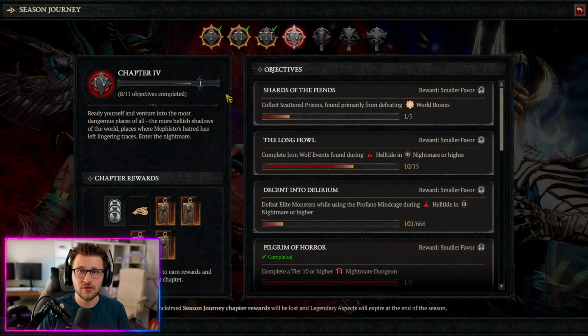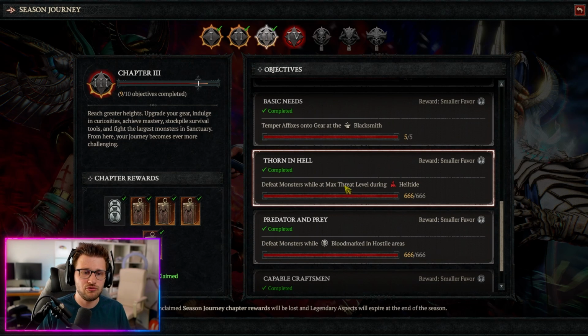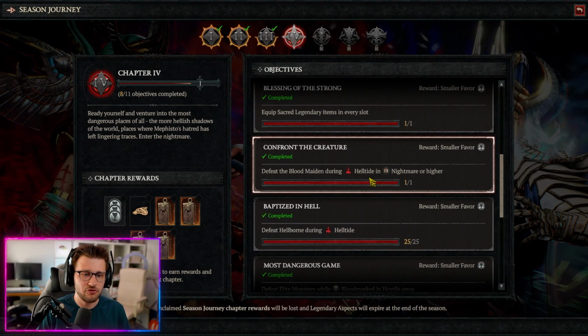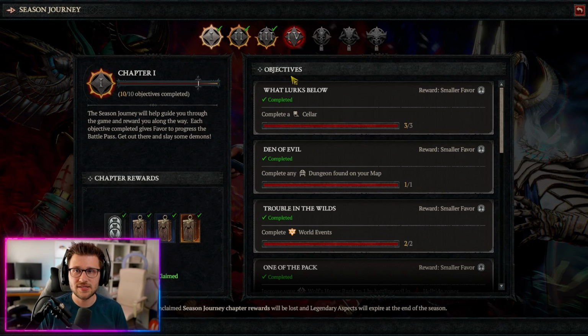But you want to pay attention because there are a lot of seasonal challenges. For instance, like this one in level 3, where it actually tells you to defeat monsters while at max threat level during your Helltide. There's one of these challenges in Season Journey 3, and there's also one in Season Journey level 4. And if you want to knock these out and get the best XP possible, this is what you